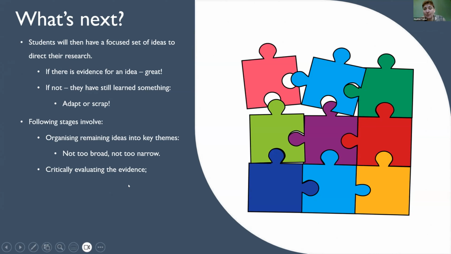Then, so that we don't have biased, one-sided essays, as well as encouraging them to critically evaluate their own assertions, we then ask them to apply their critical evaluation skills to the evidence that they've identified. And this is something that we model in every session anyway, based on the essential readings we give them.